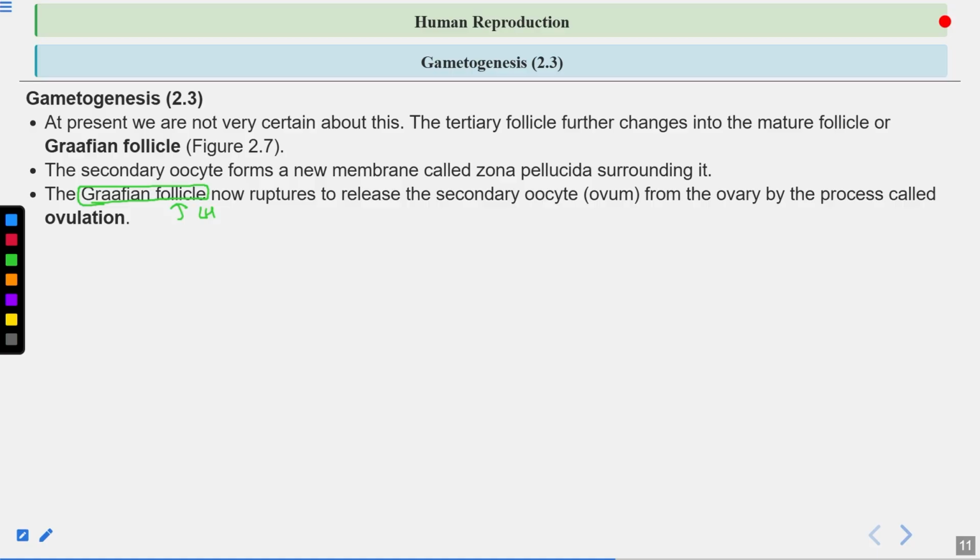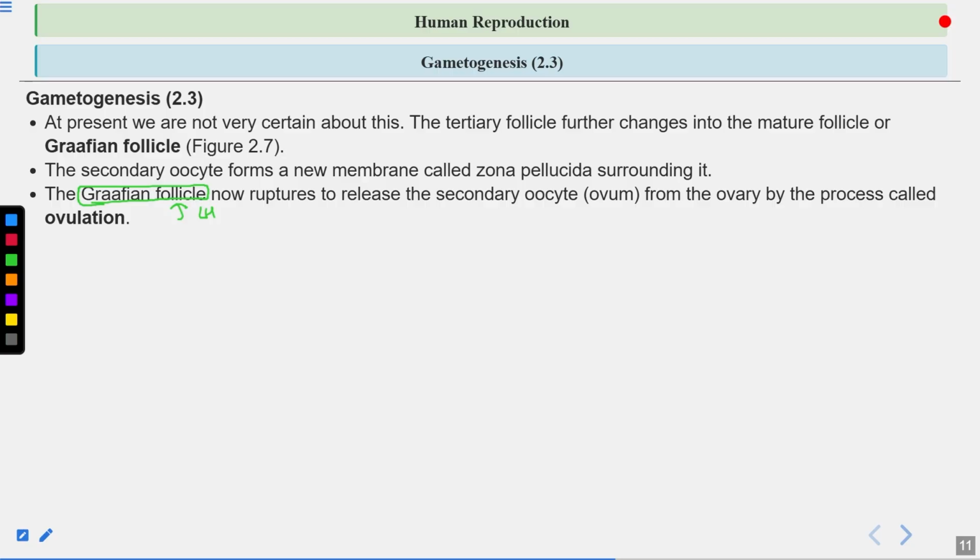Now, why is there a sudden LH surge? We'll talk about this when we talk about the menstrual cycle. So just before the ovulation, at around 14 days, ovulation occurs. So just before the ovulation, there is an LH surge. This luteinizing hormone is released by the anterior pituitary. So there is an LH surge, and the level of FSH also increases just before ovulation. The levels of both these hormones are maximum just before the ovulation. Specifically LH, luteinizing hormone, initiates the rupture of the Graafian follicle.